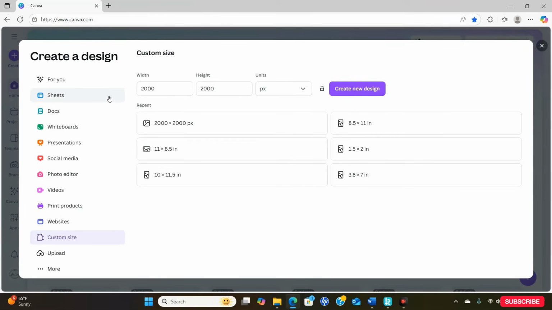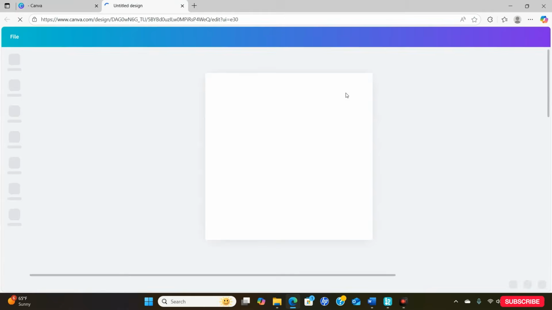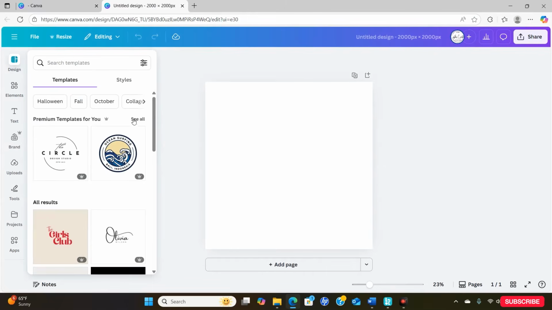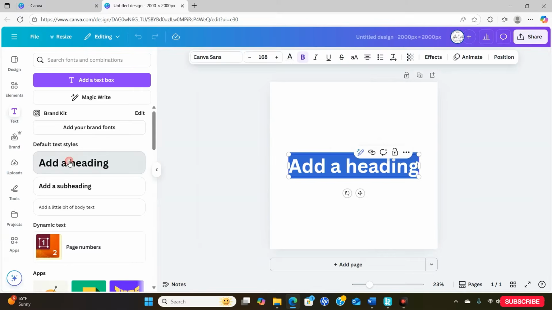We're going to go back to create a design. Again, Etsy post should be a 2000 by 2000. 2000 width, 2000 height, pixels. Create new design. Now here you want to make sure you're clear on things because people don't read. Trust me, people do not read. Make sure you type